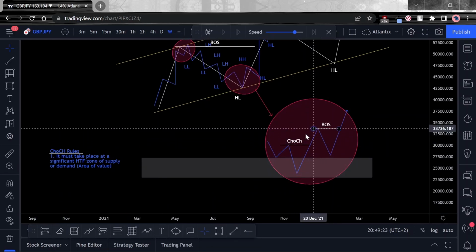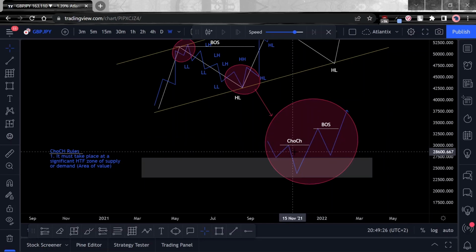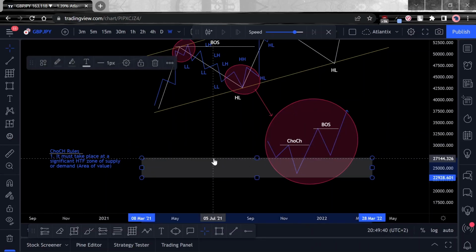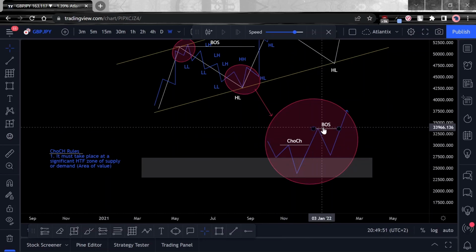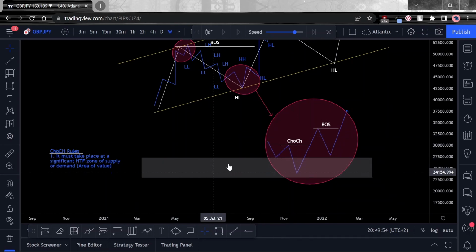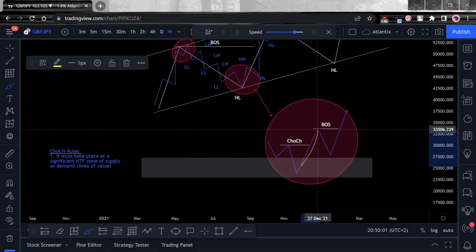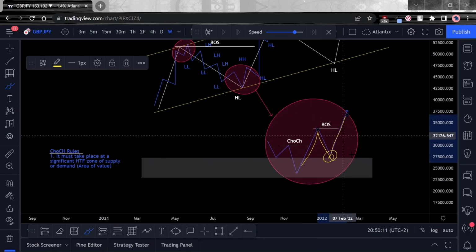So it must be higher time frame than the internal structure zone time frame. It must be higher time frame than the internal structure time frame. So if, for instance, we are seeing the H1 shifting bullish, it must be reacting to, say, an H4 zone of demand or an H4 support. When we begin to see that happen, that's when we know that this zone has got enough power for buyers to come in and cause a change of character in the bullish direction. And because it's a higher time frame zone, it's more dependable, it's highly likely to hold and create the higher low that we're looking for and push price up.